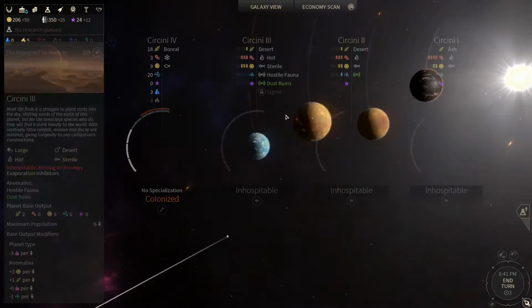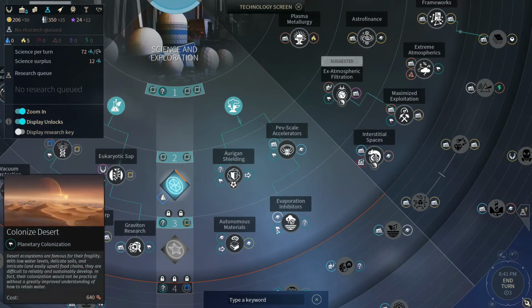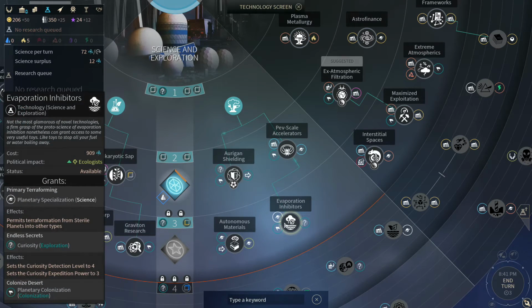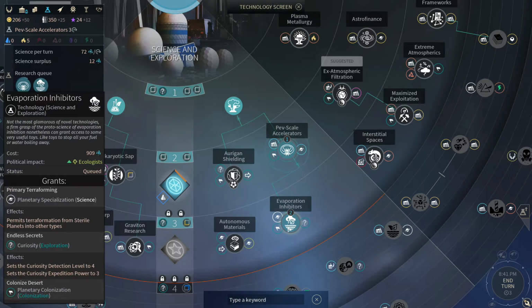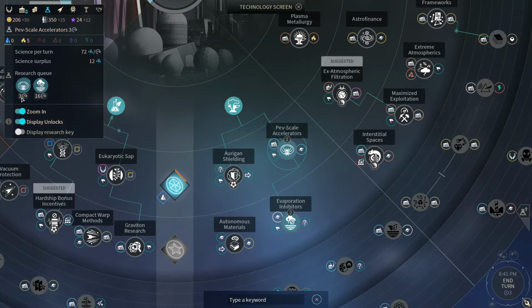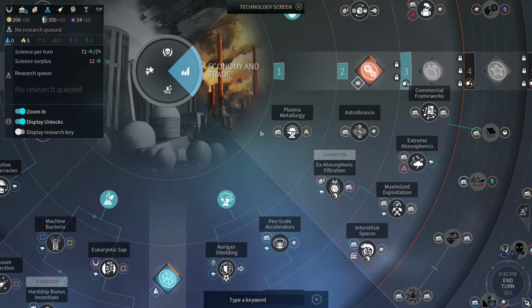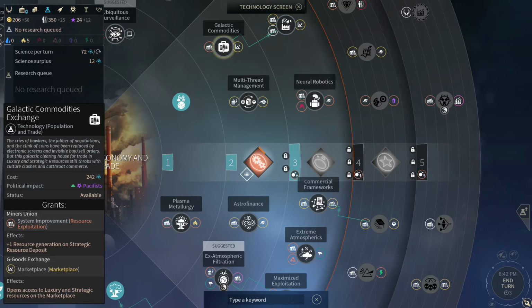So, kind of looking ahead, desert colonies are right here. So we might grab like this and then this. So something like that. That's going to take 3 turns and 16 turns, and I think 16 turns is too long to wait just to colonize that planet. The other thing that we could do is we could grab